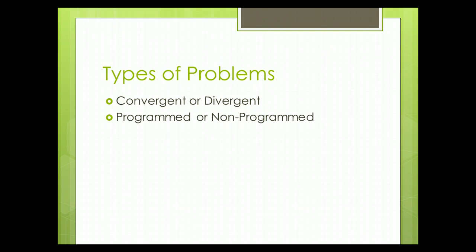Whereas non-programmed is just like it sounds. These are decisions that are made by using judgment instead of by following some specific rules. So when we have programmed decisions, there are exact ways of solving the problem. When you're managing inventory, determining costs, setting a production schedule, you're making a programmed decision. There's a specific set of steps that you will go through that will lead you to the answer. So it's like algebra. There's a specific process for solving for X.